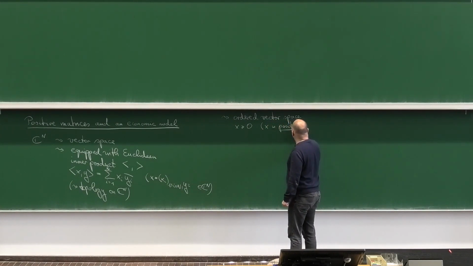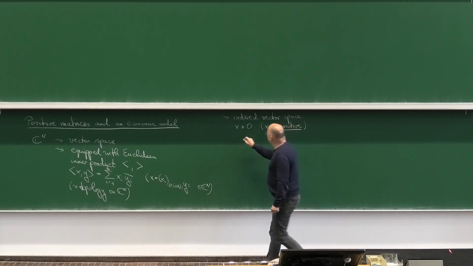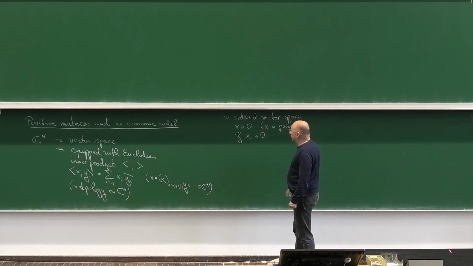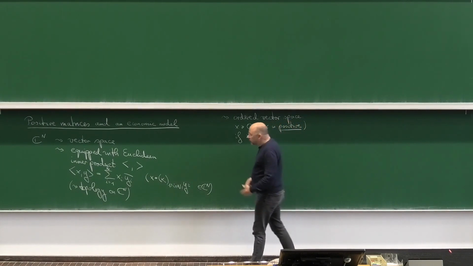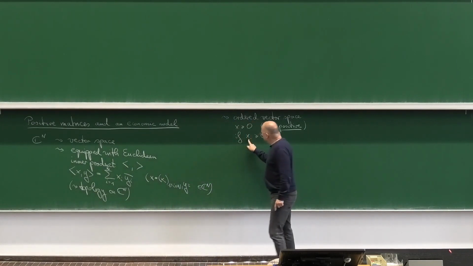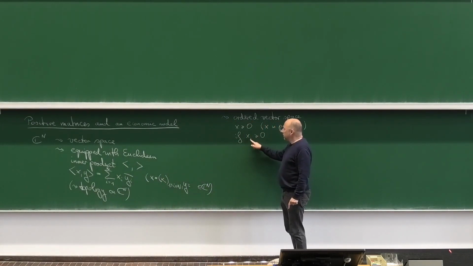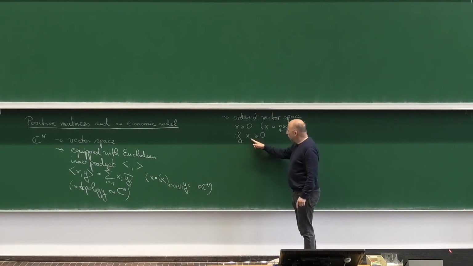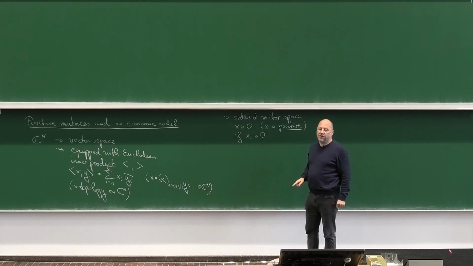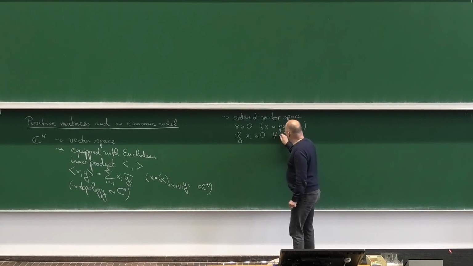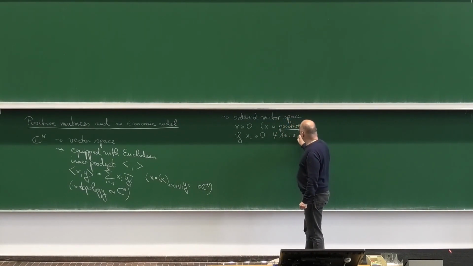Some people use here non-negative. If all components are greater or equal to 0, and the components are actually complex numbers, but this means also that the components are real numbers, so the vector is in all components just real, and all these real numbers are greater or equal to 0. And this holds for every component.